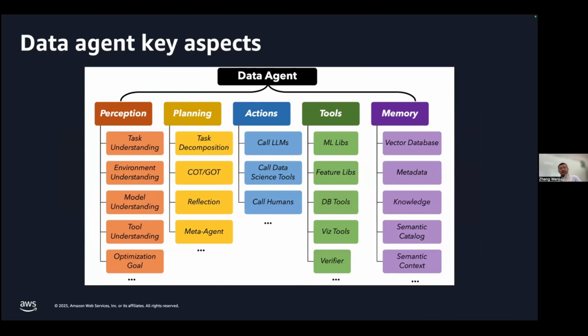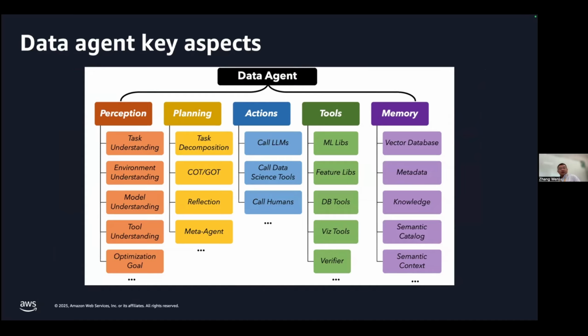Okay, regarding the future, as I showed in the demonstration, it's a quite simple query to get some insight from our data warehouse, database, or any other data sources. There are also some challenges when we build agents for real business scenarios.